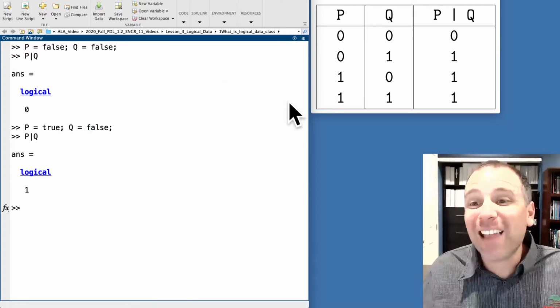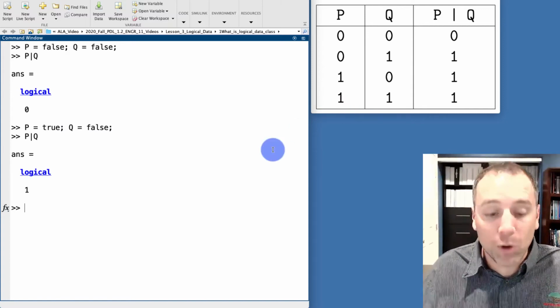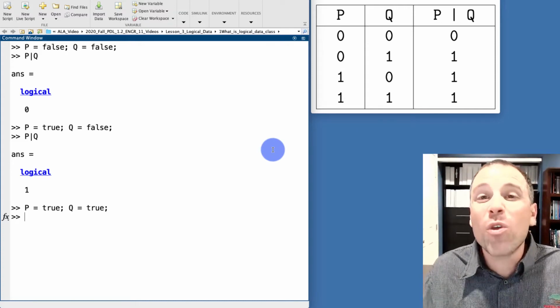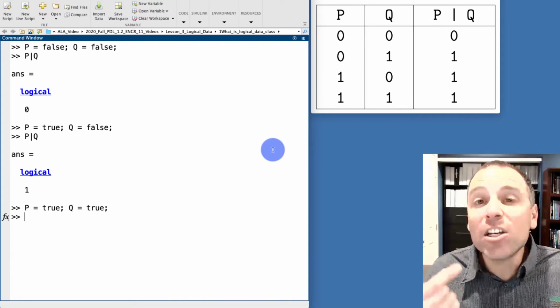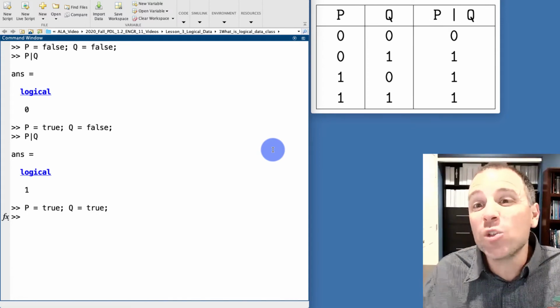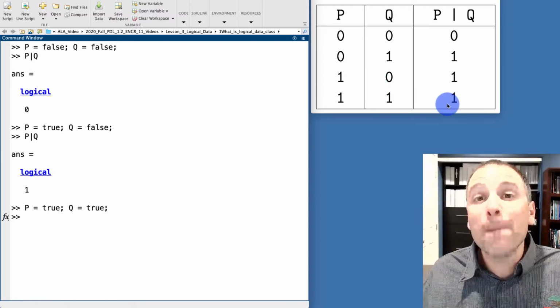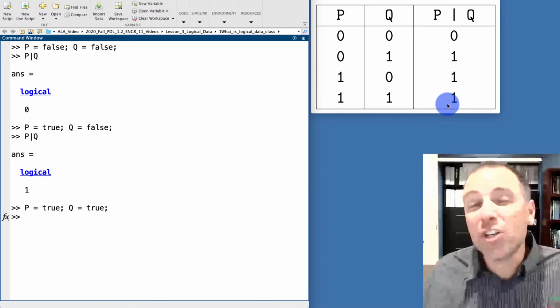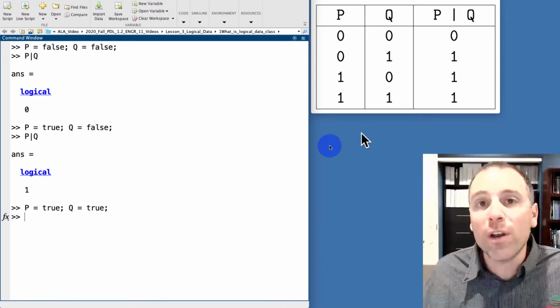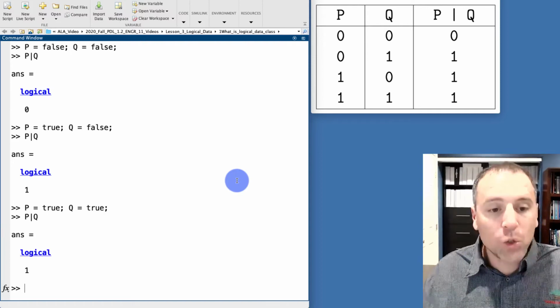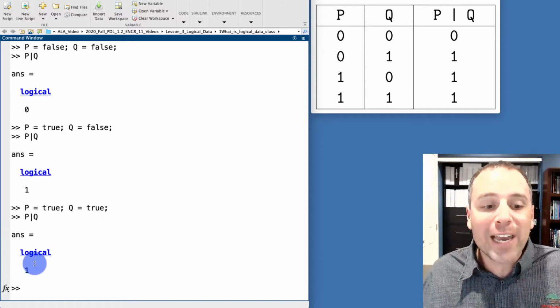Let's take a look at that last row of my truth table for a third example. So we'll say that P is true and also Q is true. Notice the reason that we called this the inclusive OR operation is because we include the possibility that when both are true, P or Q is true, because we're saying the definition of truth is when at least one of them is true. So when we test P or Q, notice that does indeed evaluate as 1.